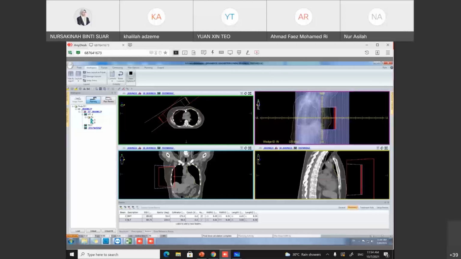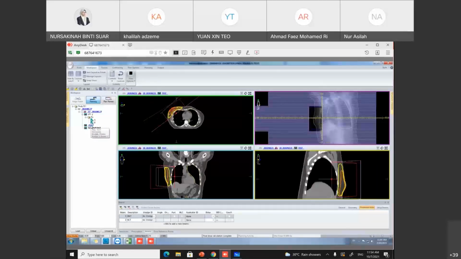So for this kind of case, how can we, wait, let me turn off. Okay, this is a case where I already calculate